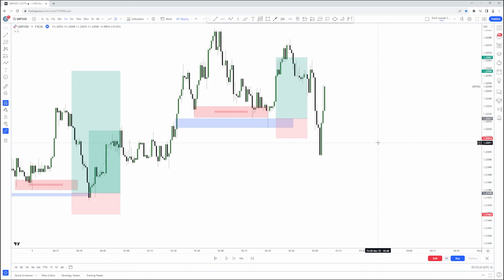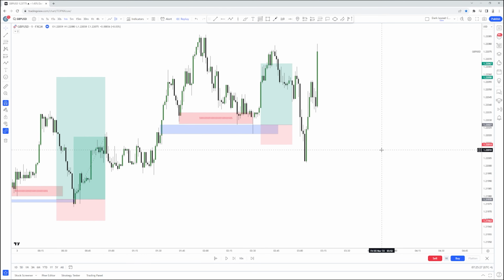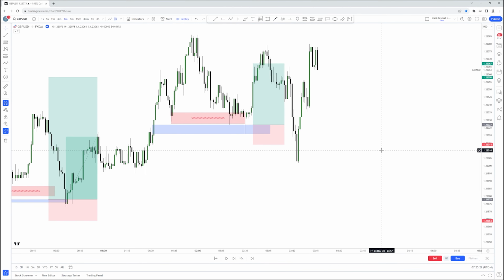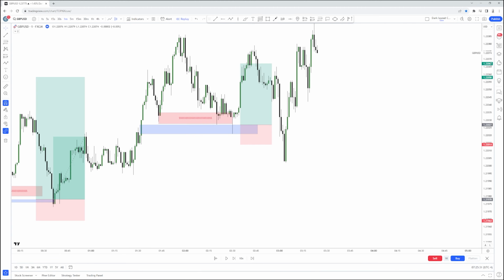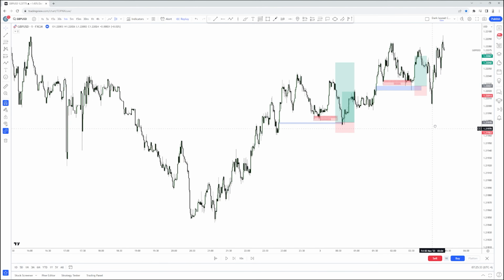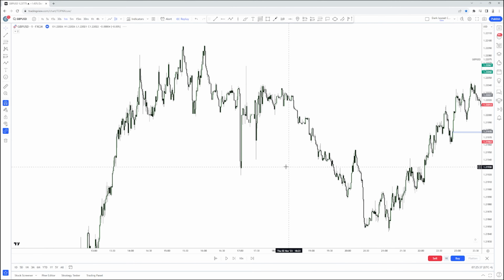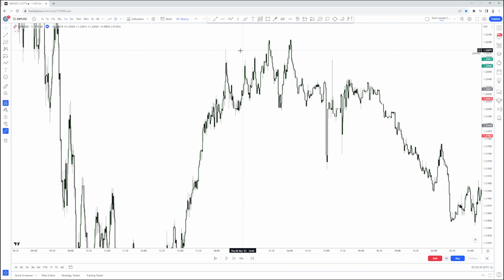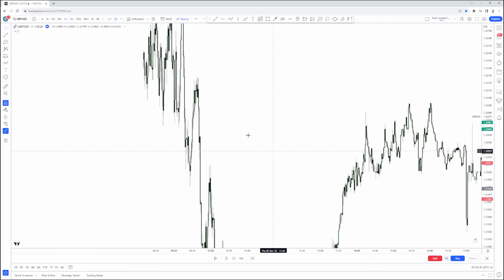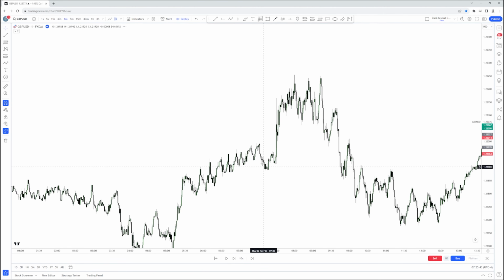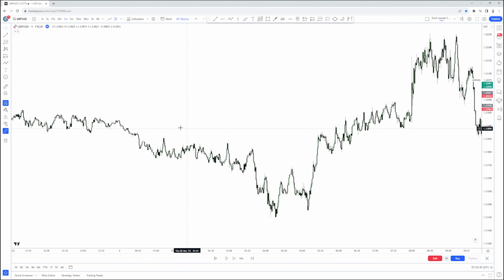In this occasion, price came back and reacted from this one as well. We couldn't know that. This is outside this strategy. We could not know that, guys. Now you will see this thing playing out again and again. I'm trying to check if there is another example, probably a short example. I don't see one for the moment